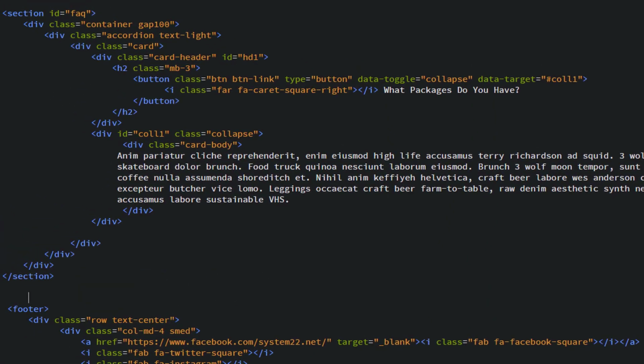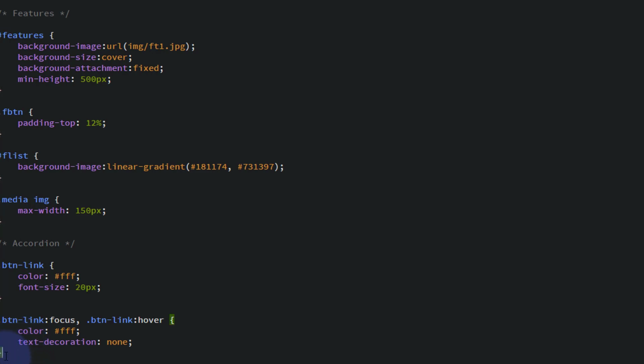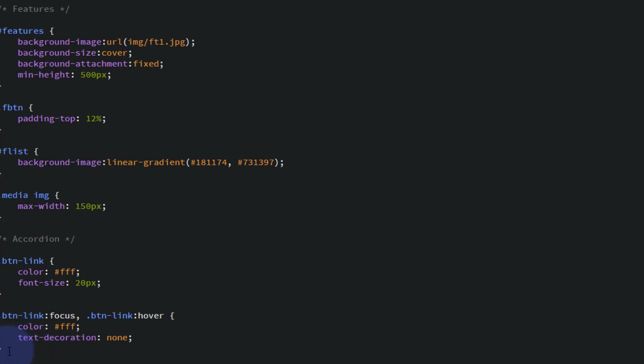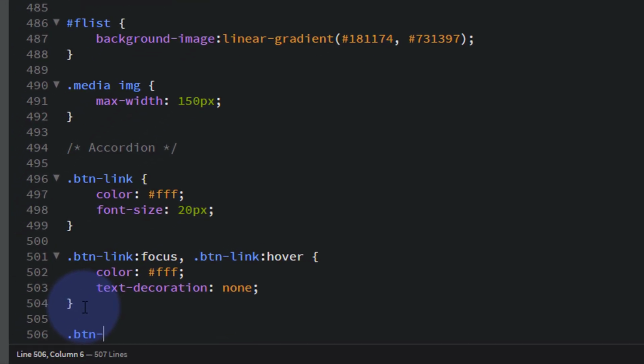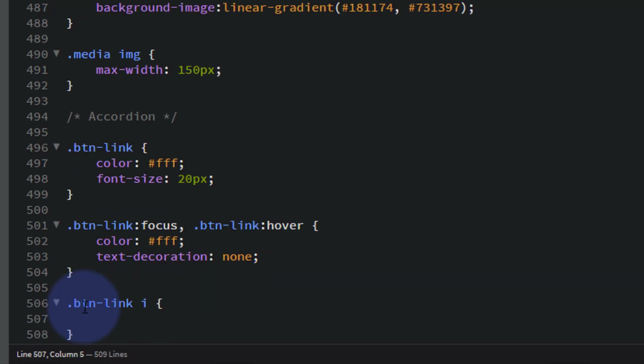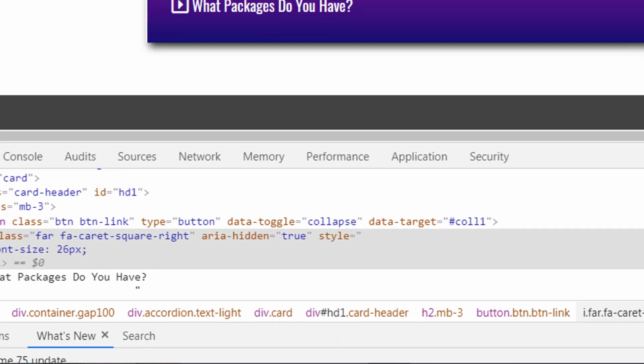Let's go to our CSS. Drop down, and it's again the button link, so it's btn link, but we want to target the icon, which is the I. Open and close some curly brackets, and inside there we just need to paste that little font right there. Let's save that, go back and refresh. It should stay the same,